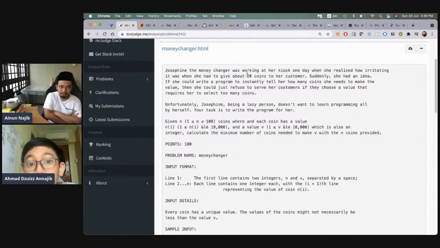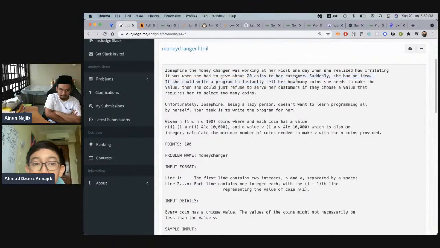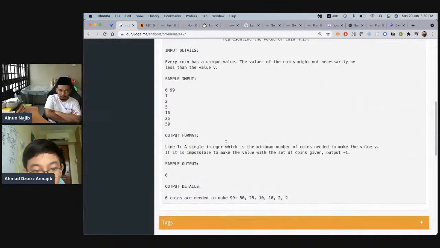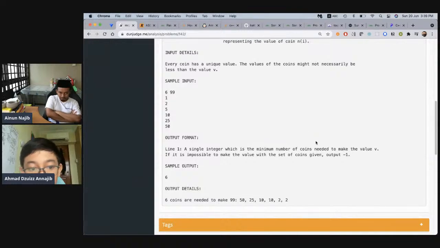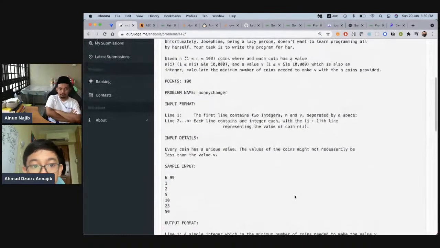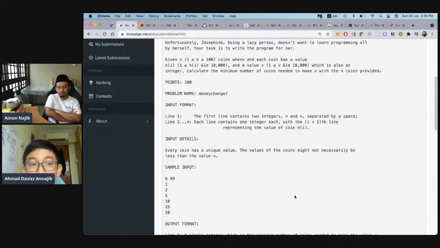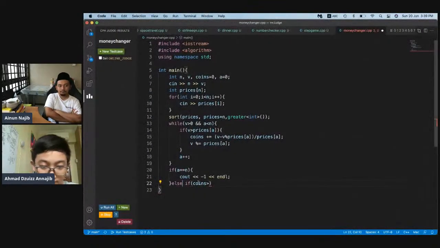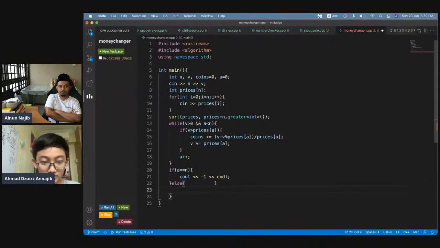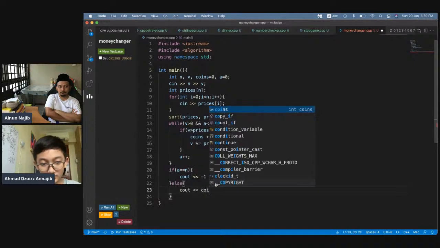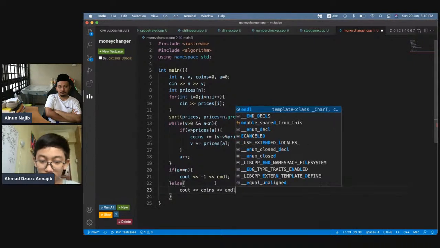It was when she had to give about 20 coins to the customer. I think it is the minimum if it is impossible to meet. Oh, okay, okay. Else, yeah, coins. And then,